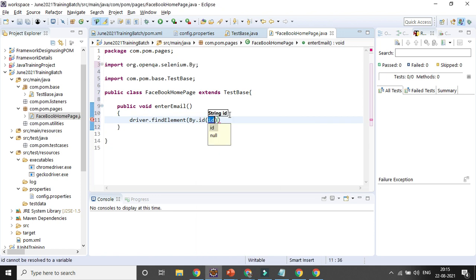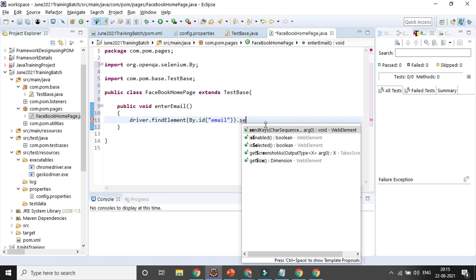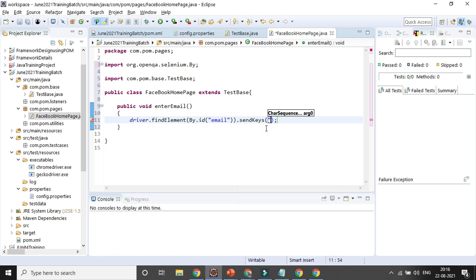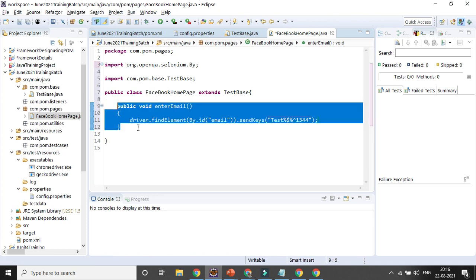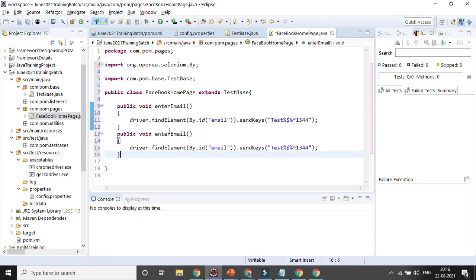ID is email, right? So in case it is ID, so I can send something, send keys. Suppose that's what I want to enter, and I think we need to close with that one. Okay. Similarly for that enter password, I will be creating another method,